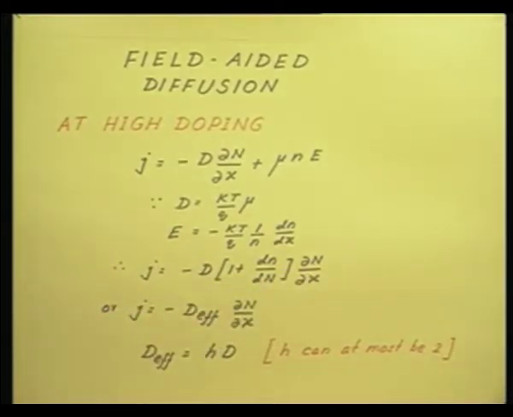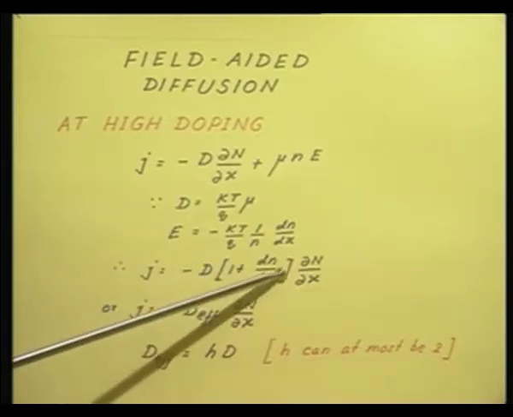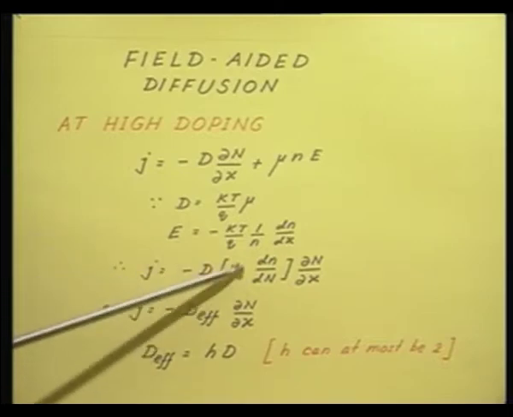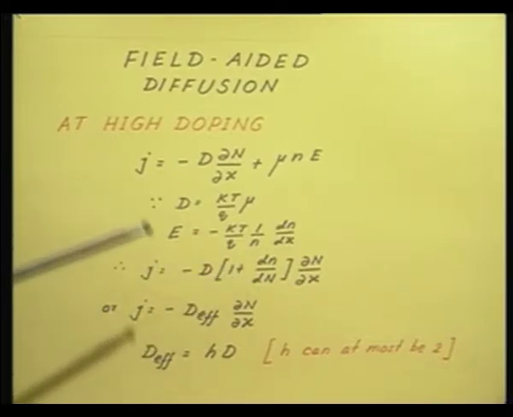Small n stands for the electron concentration, capital N stands for the impurity concentration. So, common sense is going to tell you that this term can at most be equal to 1, right. At most all the impurity atoms can get ionized. So, this term can at most be 1. Therefore, I can maximum have an enhancement in the diffusion coefficient by a factor of 2,